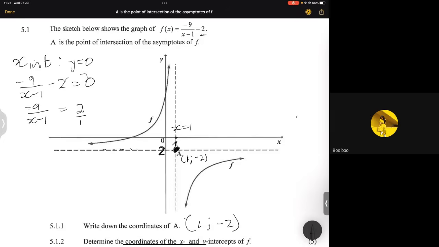So remember 2 is the same as 2 over 1, okay? So cross multiply. So I've got 2 into x minus 1, right? So this multiplied by that would be equal to this multiplied by that. So minus 9 is equal to negative 9 times 1. That will give me negative 9. Okay, so as a result, I will have